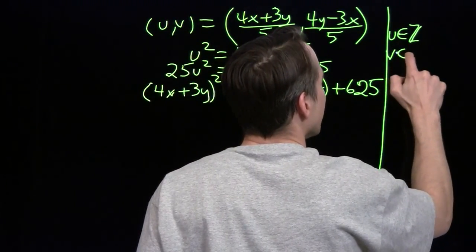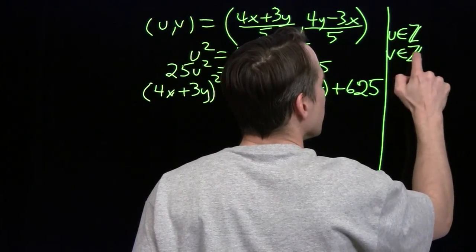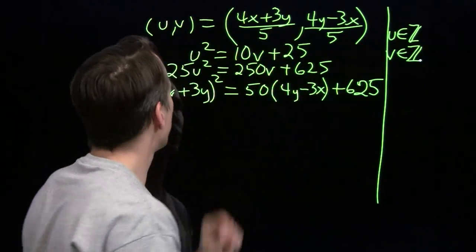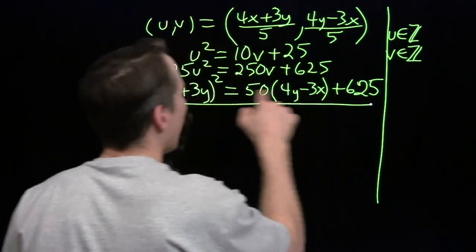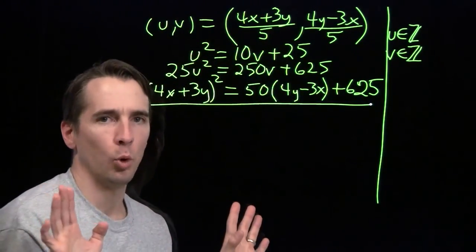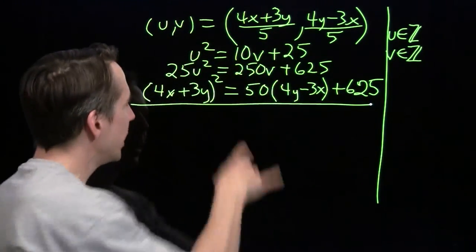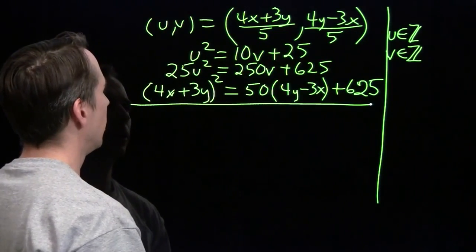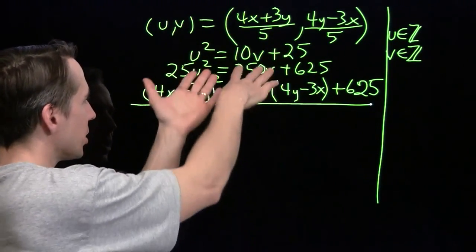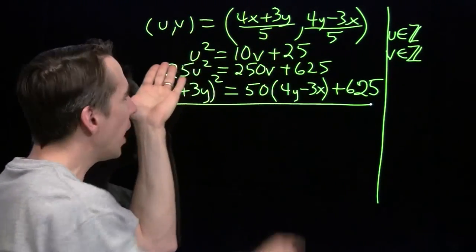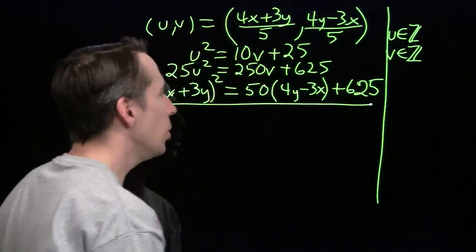I'm going to write that again because I like writing that little funky Z symbol that stands for the integers. u is an integer, v is an integer. I don't have to think about this equation anymore. I can go back to this one because now I'm looking for integer solutions to that equation. That's a lot nicer because I look up here and right away I see u is a multiple of 5 because this side is a multiple of 5. So u has to be a multiple of 5.